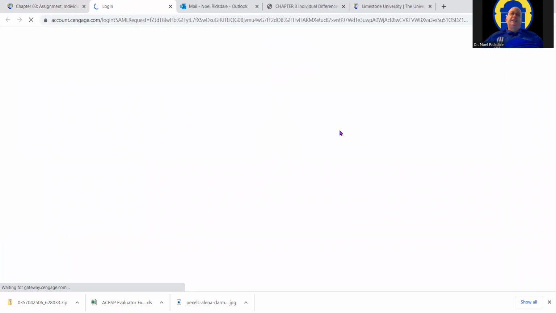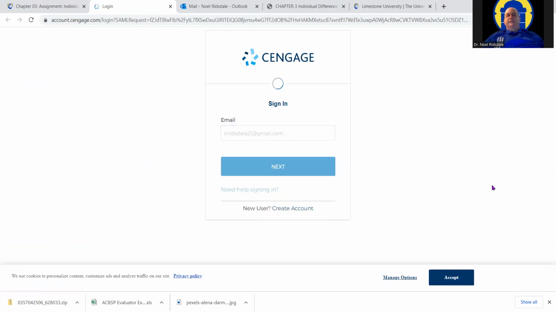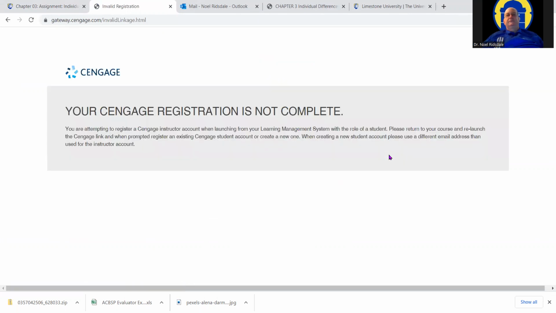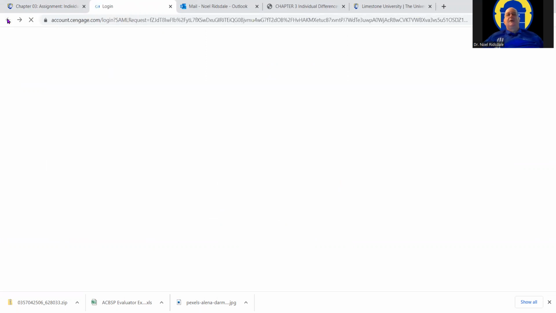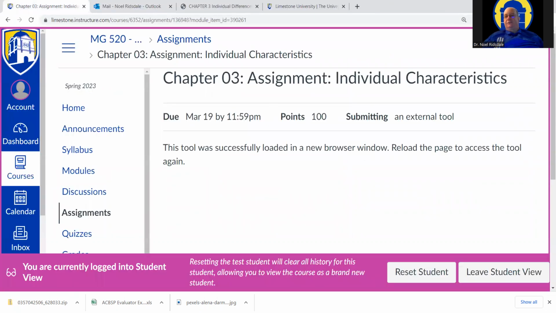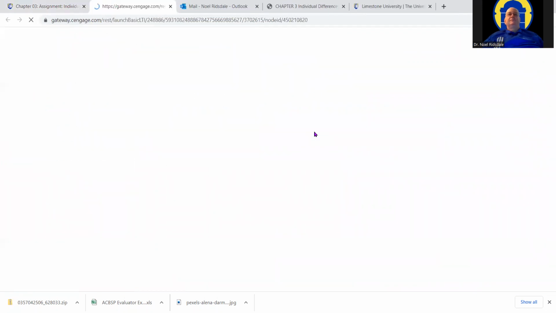You'll have to sign in the first time or create an account. Well, actually, I have to sign in today, which is unusual, but I do, apparently. Oh, okay. No wonder. That's why. Because I'm not in the course. All right, so let's close this one out and I'll get out of the student view. I have to get out of the student view for this one. There we go.